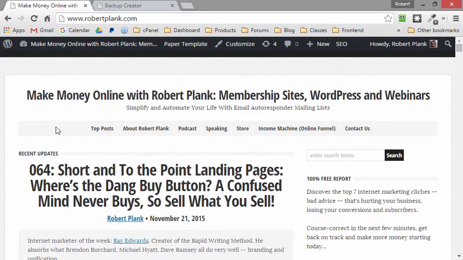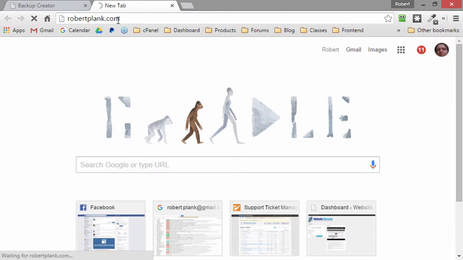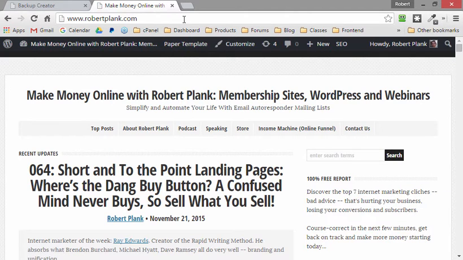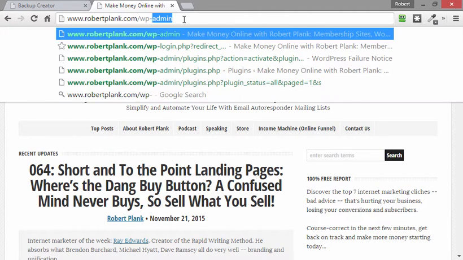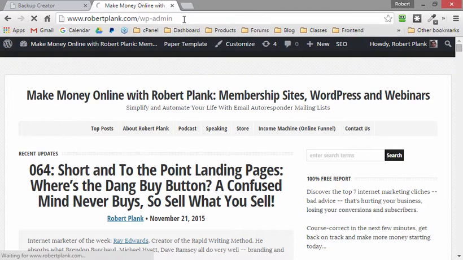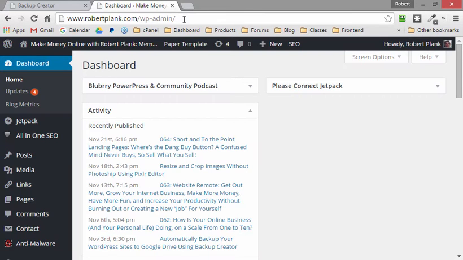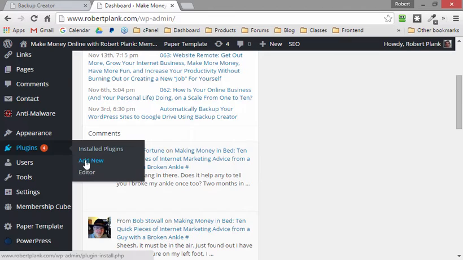So the site I'm going to be backing up is the site here at robertplank.com, and so let me just open it up at robertplank.com right there. So here's the WordPress site, and then in order to log in, we need to go to /wp-admin, and then either we're already logged in or we have to enter the username and password. So we're in, and we need to add Backup Creator as a plugin. We go to Plugins, Add New,